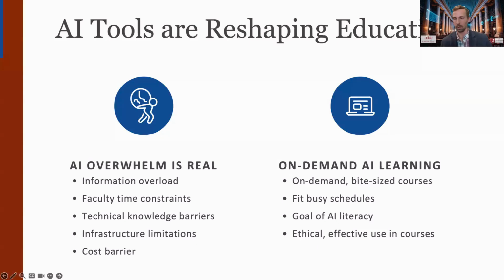Our faculty are expected to research, they're expected to teach, they have service demands, they're being pulled in many different directions. So for professional development, we really want to be thinking about what's the value add for faculty in anything that we create. Whether it's an AI teaching resource or a seminar or coffee talk, we want to make sure it's additive to them, that it's going to make their lives easier, more efficient, and that they're going to find the value in